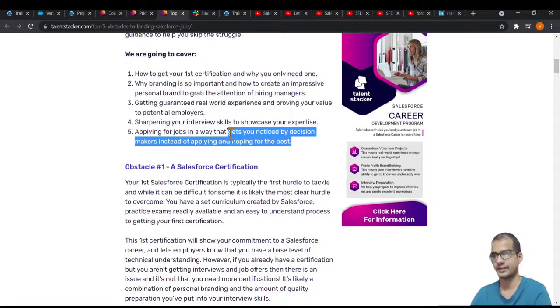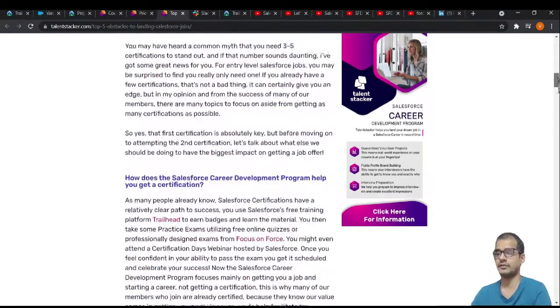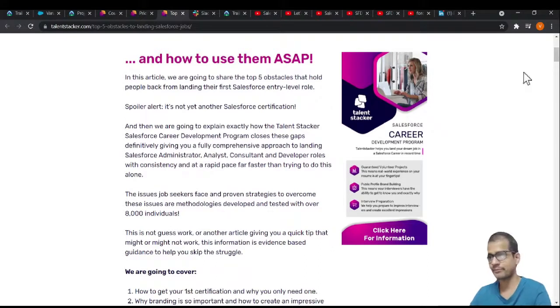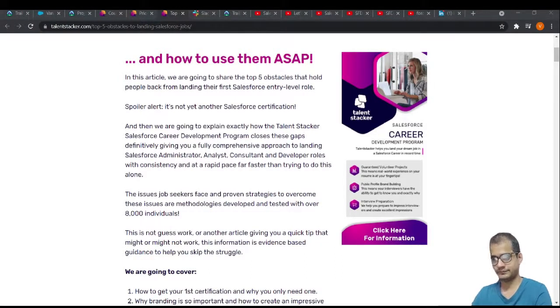So there would be some tips and tricks, I believe. I haven't had this personally, but it sounds decent, sounds like the way to go. So that was more or less the second Salesforce go-to resource. Moving on, third Salesforce go-to resource. This is more for experienced laterals or experienced professionals out there who get stuck